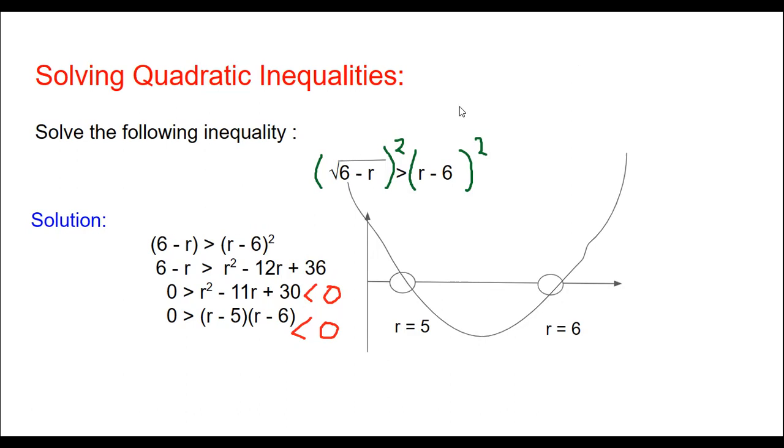So I'll use my green. So we don't include r is equal to 5. We only take the values that are beneath the x-axis because we have a less than 0. Okay, so we only want this portion. Since we're not including 5 and 6, only this portion is going to satisfy our inequality. This portion is what we're looking for, and the x values that correspond to this are just going to be